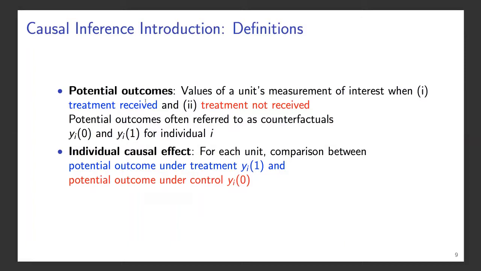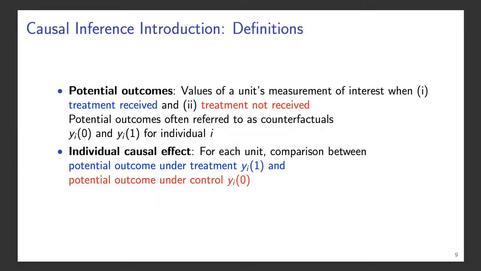So if you imagine we're doing a randomized trial, before we randomize individuals at baseline, they have two possible or potential outcomes. One if they receive treatment and one if they don't. We'll refer to those as Y0 and Y1. So Y0 will be your potential outcome if you don't receive treatment, Y1 the potential outcome if you do receive treatment. And then causal effects will be defined in terms of these potential outcomes.